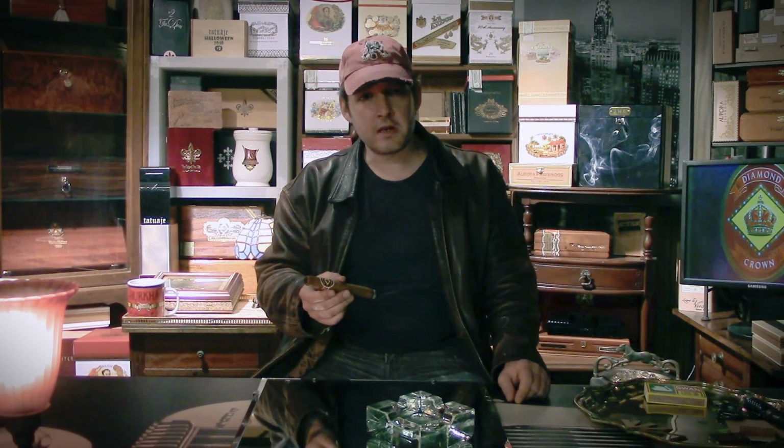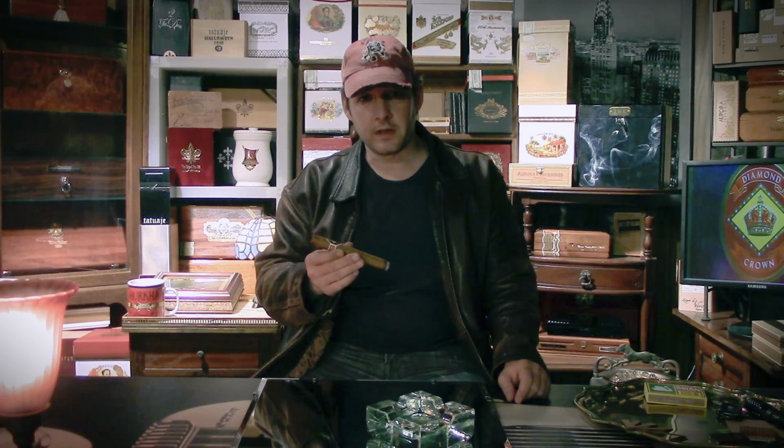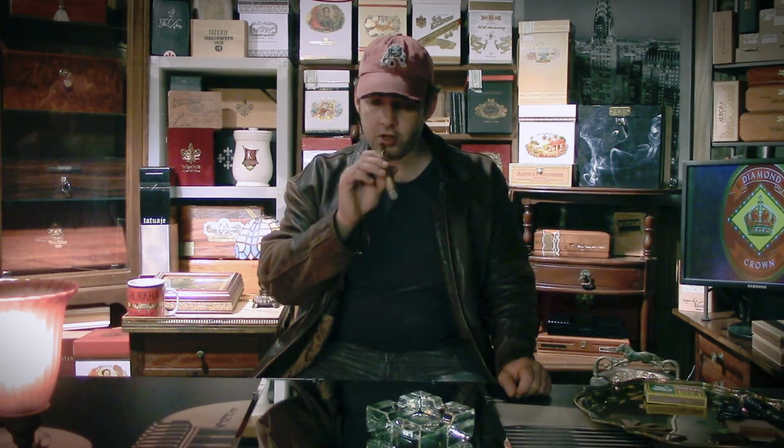At least 7 years. At least. I remember specifically, there was a Diamond Crown Pyramid number 7 next to this guy. I picked them both up at the same time when I first landed my cigar job at the cigar shop. No, so this is older than 7 years. I worked there for 6 years. The shop closed in 2013. Oh boy. So 8, 9 years? This cigar has some age on it, and let me tell you,